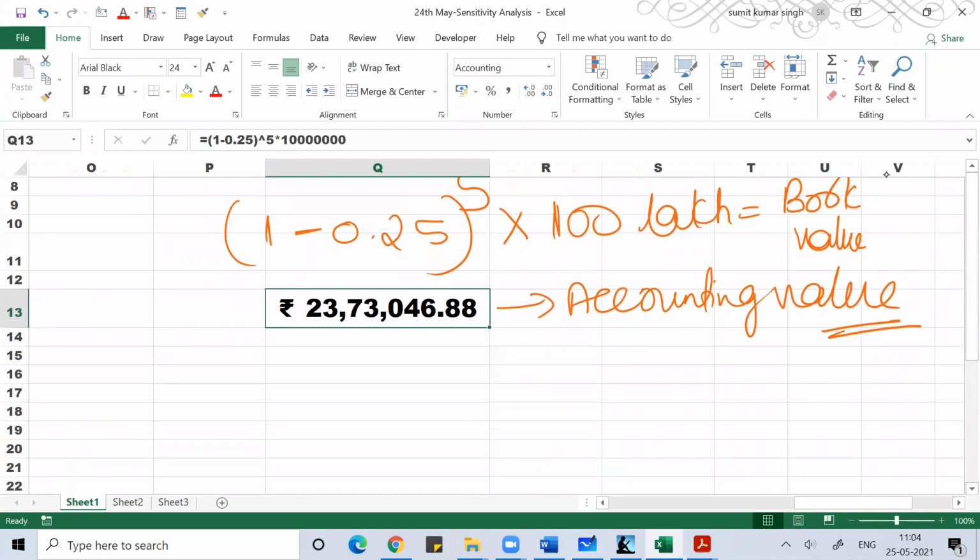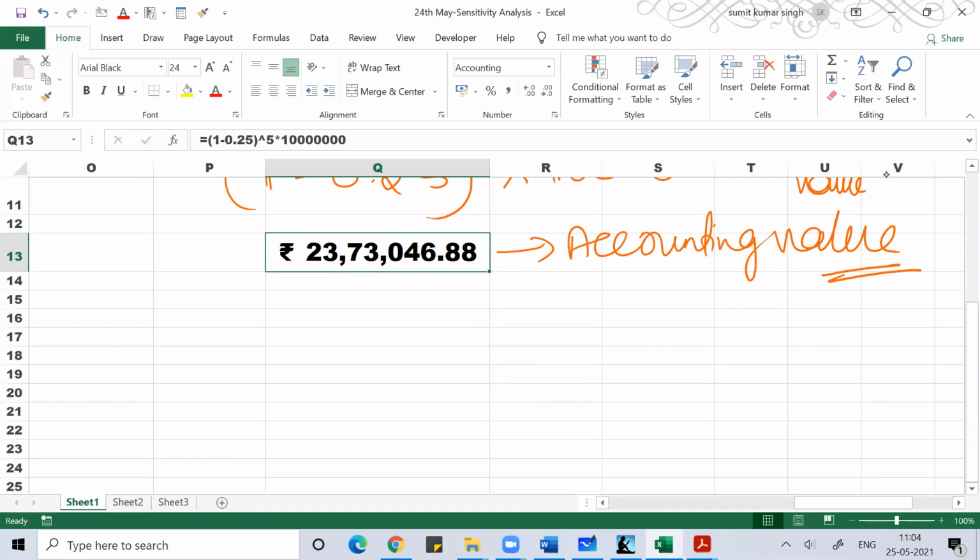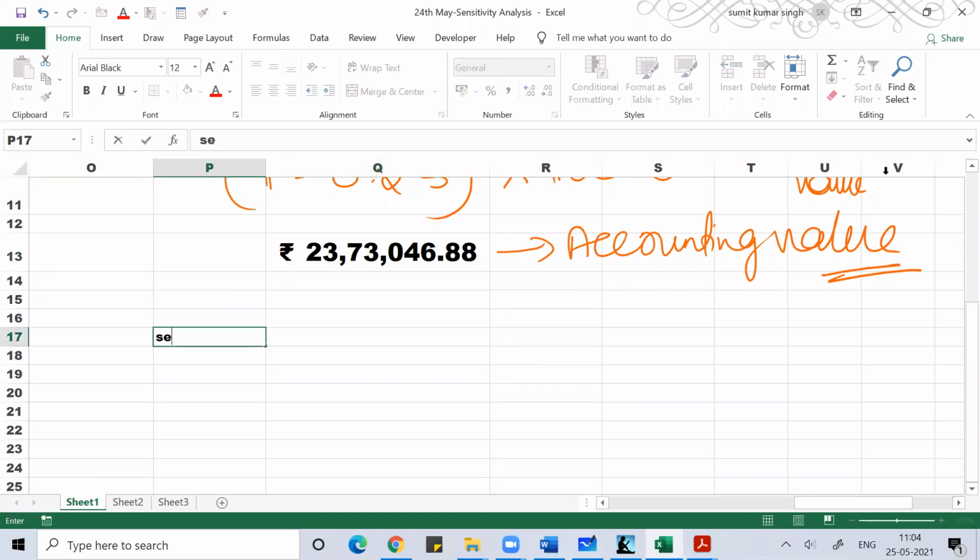So then if you require, you can do that after. The value at which you sell the business, we call that salvage value or terminal value. It's not given in the problem here. In case it is given, we'll call that value salvage value, or I write this as SV.